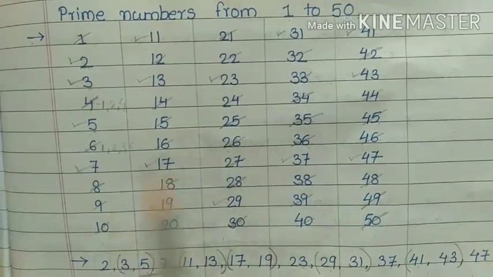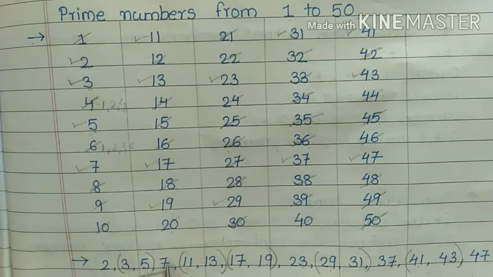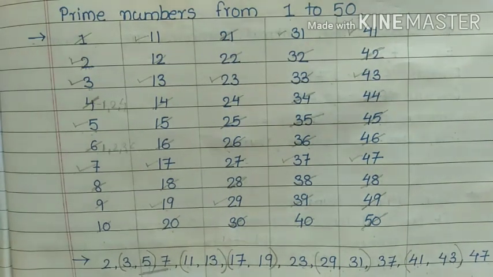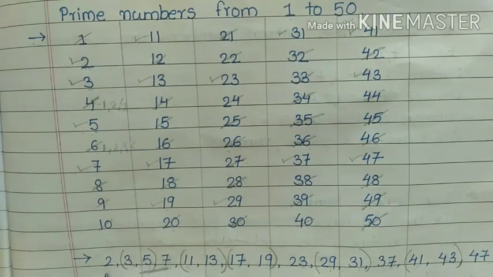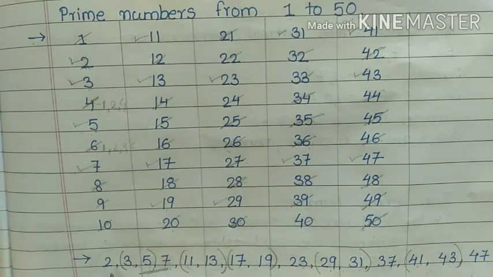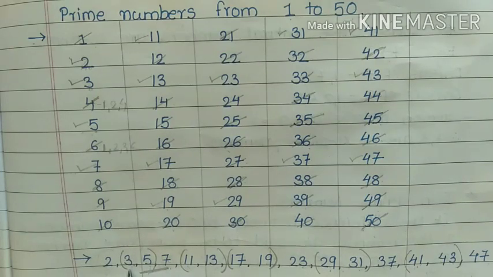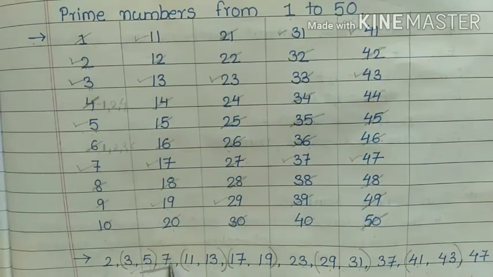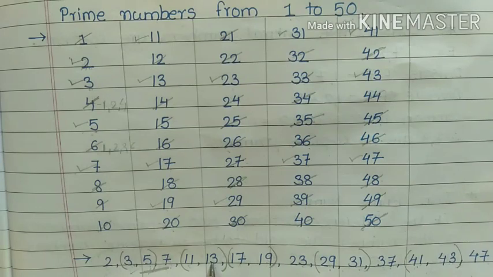Students, with the reference of this, again I am explaining to you how to find out the pairs of twin prime numbers. Here we have prime numbers from 1 to 15. 2 and 3, no, difference is 1. So they are not twin prime. 3 and 5, difference is 2. Yes, 3 and 5. 5 and 7, yes. 7 and 11, no. 11 and 13, yes.